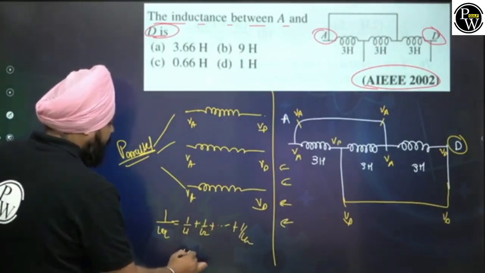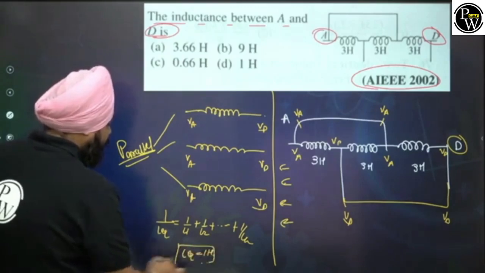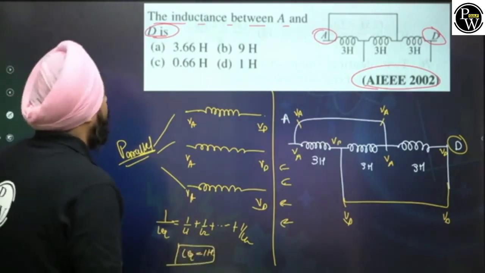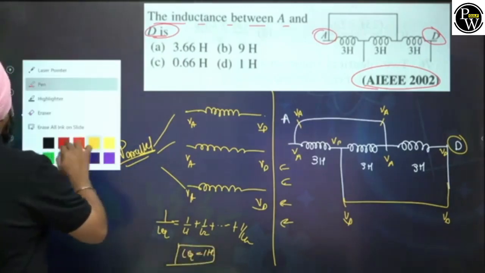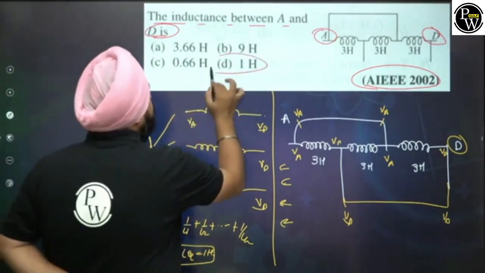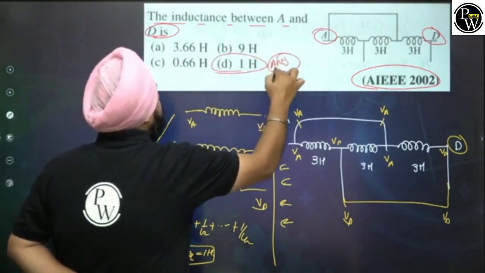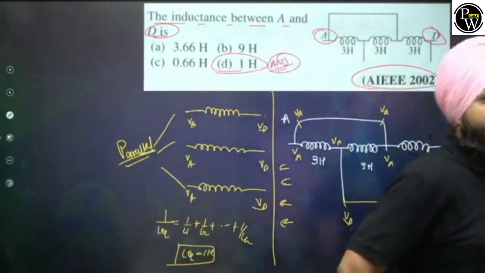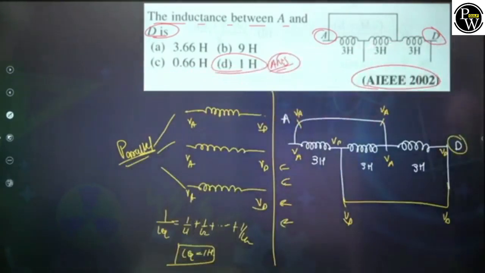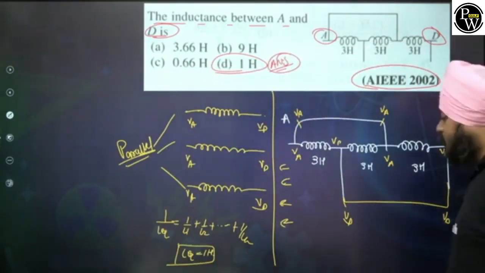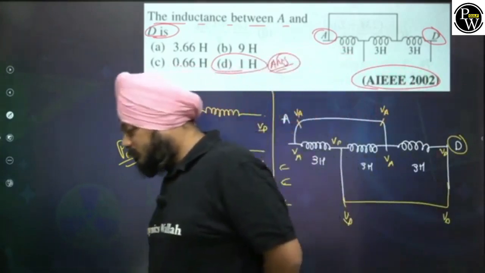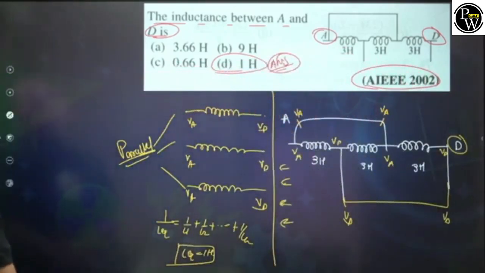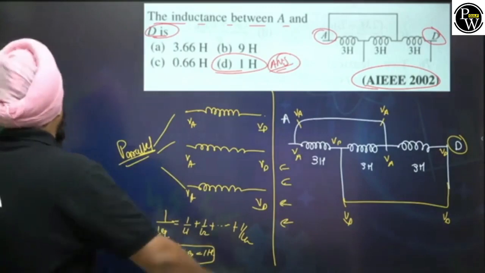So here the L equivalent is going to be 1 Henry. Okay. Now,